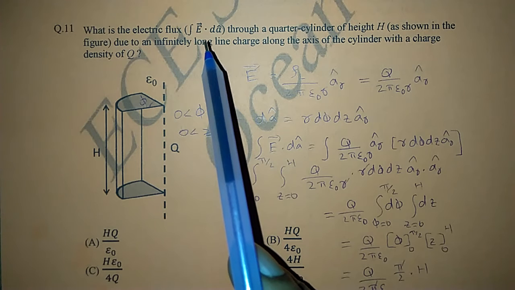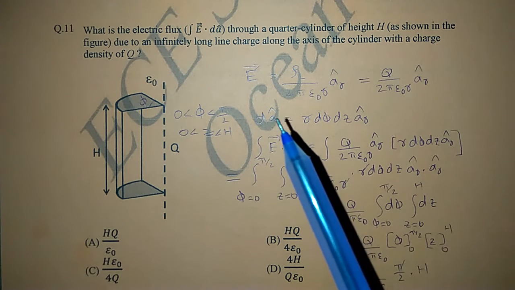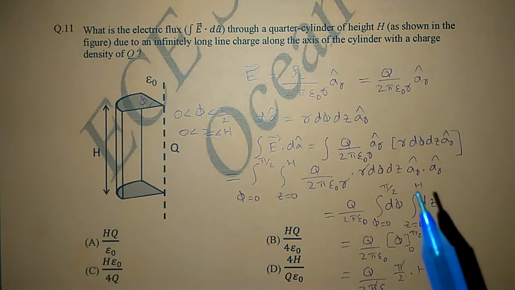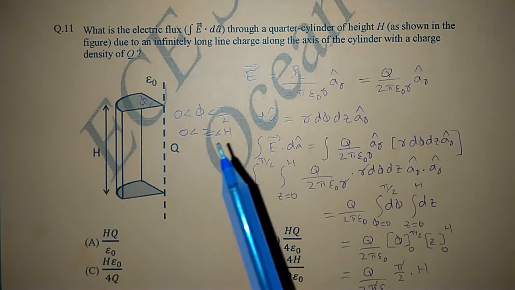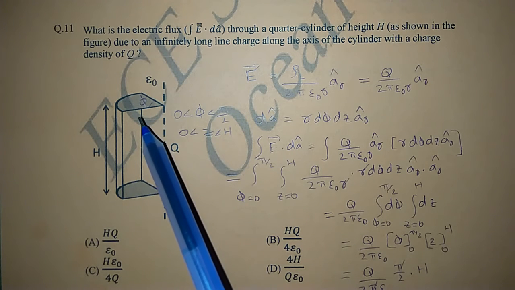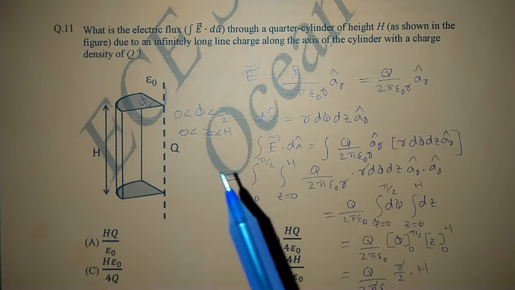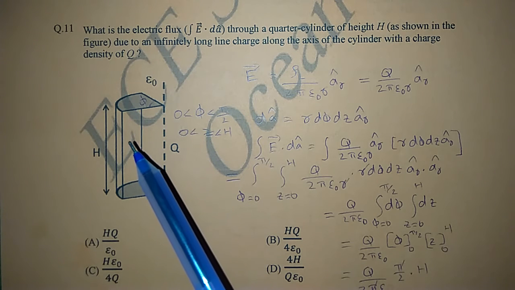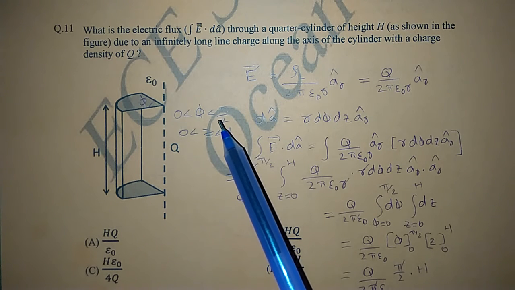Next, dA cap means the differential normal surface. There are three kinds of differential normal surfaces, but depending on the parameters we have to select the proper differential normal surface. From the diagram, we can say that phi is varying from 0 to 90 degrees. Why? Because in the case of a cylinder, the total angle is 360 degrees. Since we have to consider the quarter cylinder only, the angle is varying from 0 to 90 degrees, and the parameter